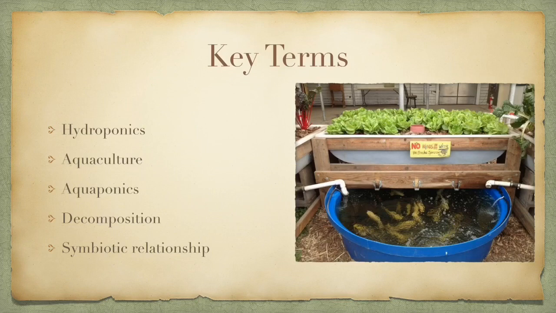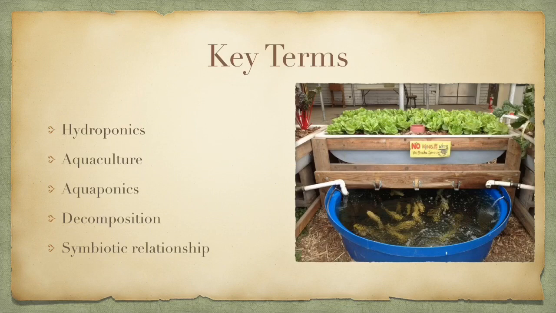So aquaponics is basically a system of aquaculture in which waste produced by the fishes in the tank will be used up by plants. So the plants will basically filter the water involving the waste, and then the clean water from the table or from the grow bed of the aquaponics system will go back into the tank for the